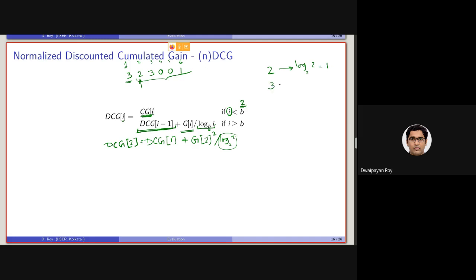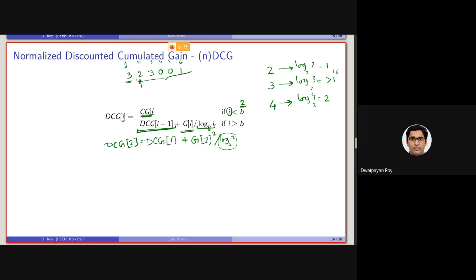For the third document, which is log 3 base 2, as it is divided, it will be basically greater than 1. I think it will be 1.6 something. For 4, it is basically log 4 base 2, so it is basically 2.